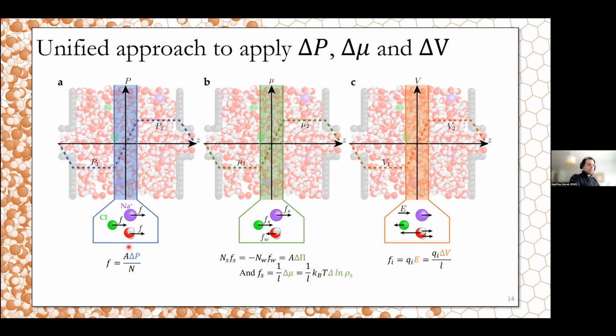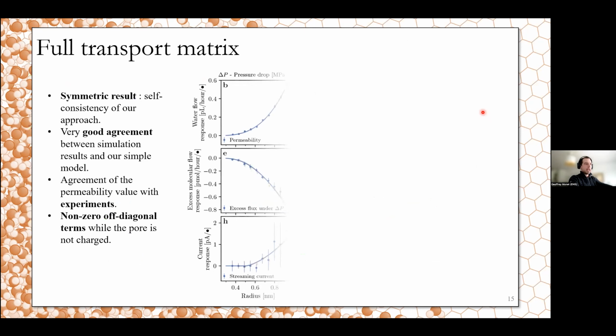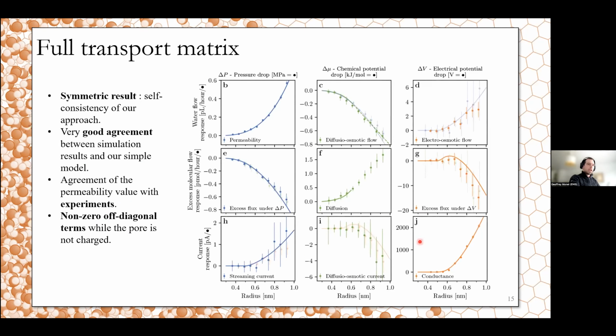And we can relate, as before, the individual force to the chemical potential drop. Okay, and we can do the same for the electrical potential drop. We just put some electric field in this slab, and we end up with more positive ions on one side of the reservoir and more negative ions on the other side. So here you see that we have a unified approach, and thanks to this unified approach, we have been